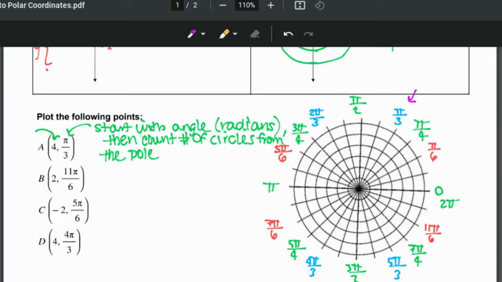That's right there. And then when you find pi over 3, count 4 circles outward. So 1, 2, 3, 4. So this is point A. All right, the other thing you should know is that